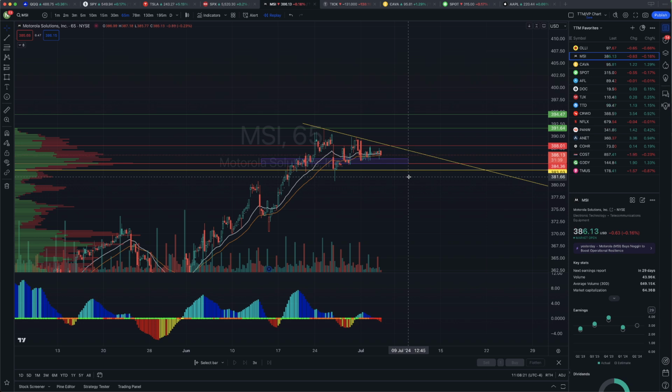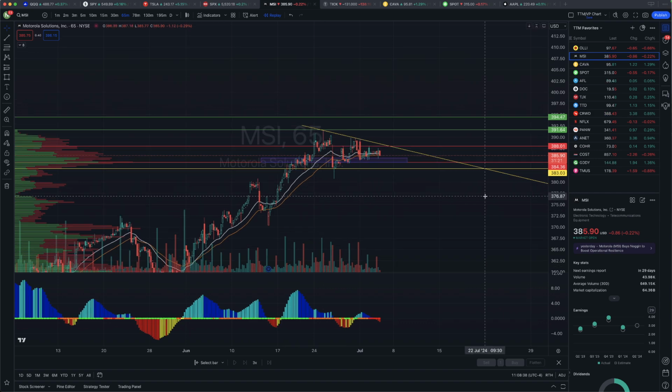Yep. Yeah, you could buy the 400s. You could buy the 390s. Spreads are kind of big for that. You know, the July 19ths are not too bad. So you could also do a put credit spread